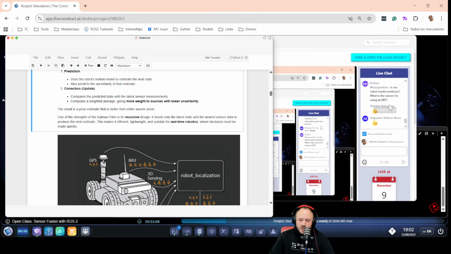Yes, our robot model is nonlinear. Exactly. That is why we are using an EKF, okay? An extended Kalman filter. Okay, so